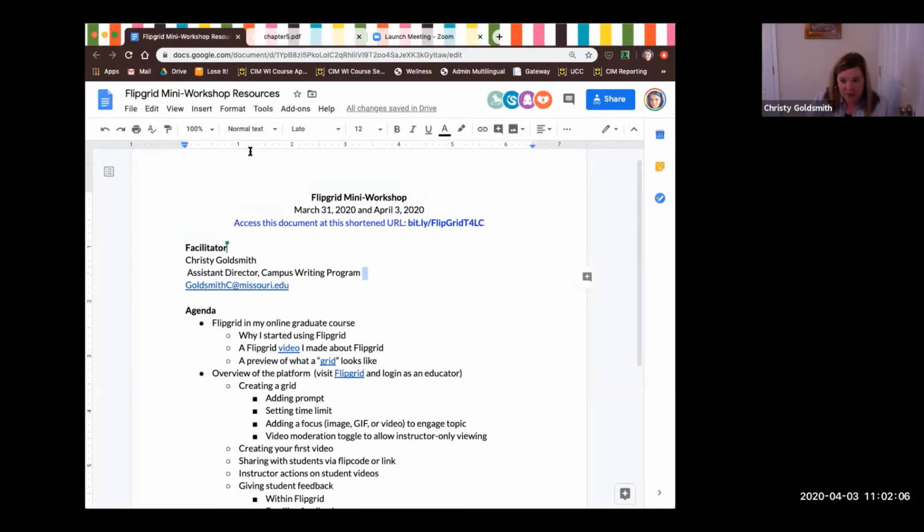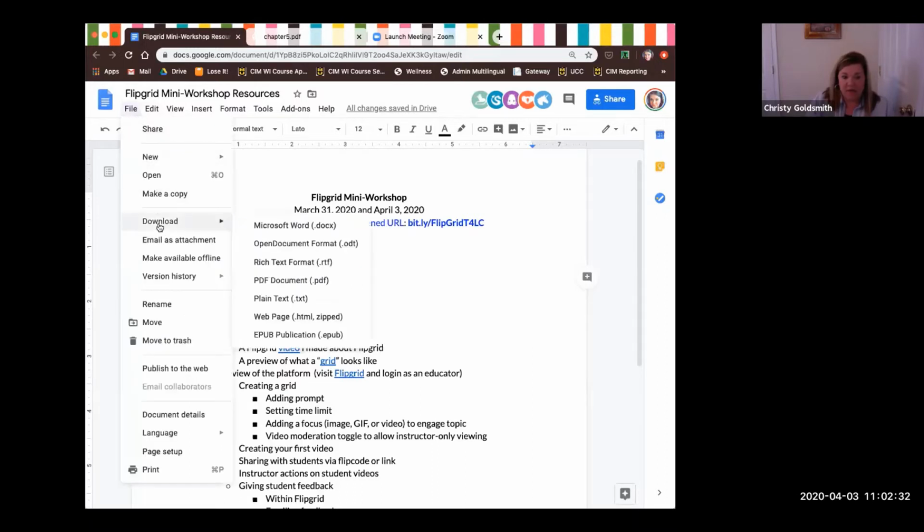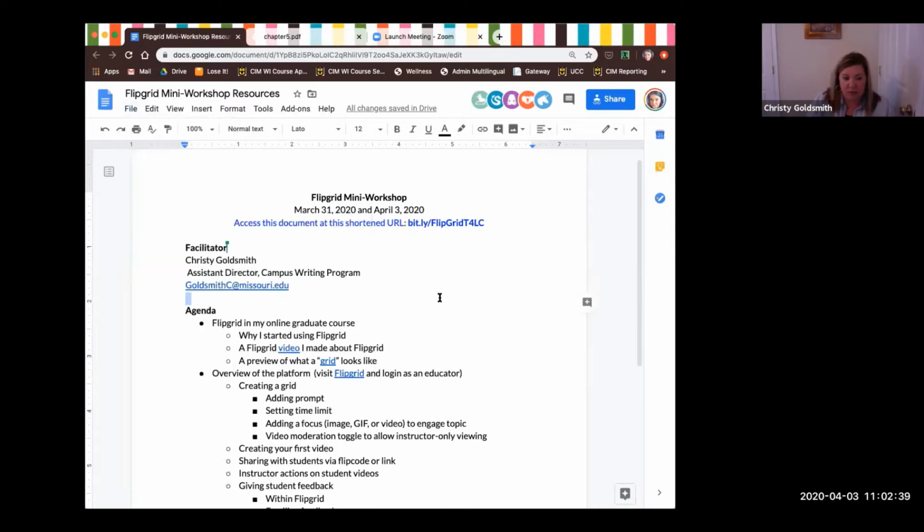A couple quick things about Google Drive before we get going. Up here in this area where I have a star and a move, if you do not have this shared directly with you, you should have a little triangle with a plus. If you click that, it will add it to your own personal drive if you're logged into your Google account, and that will allow you to keep it forever. If you prefer not to deal with Google, you can go to File and Download, and if you download it as Microsoft Word or PDF, it will retain all of the links, which you'll find useful, I think, later on.